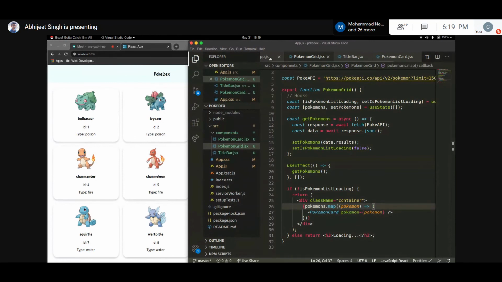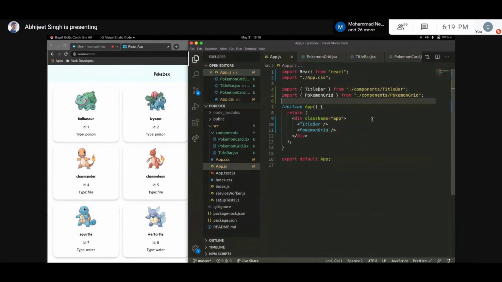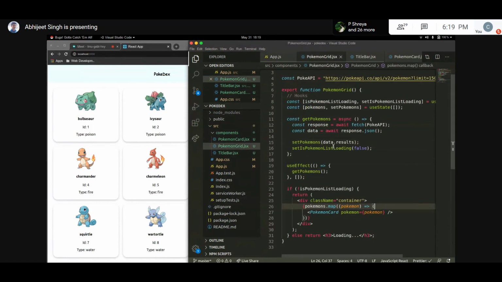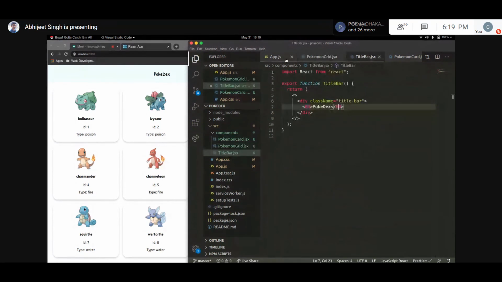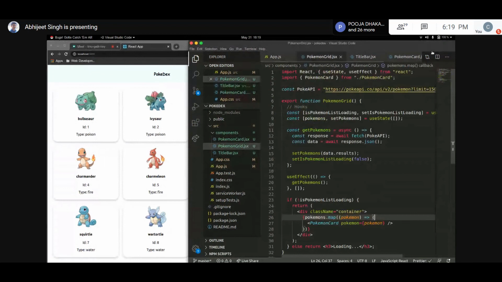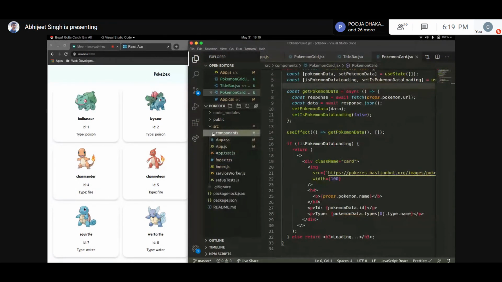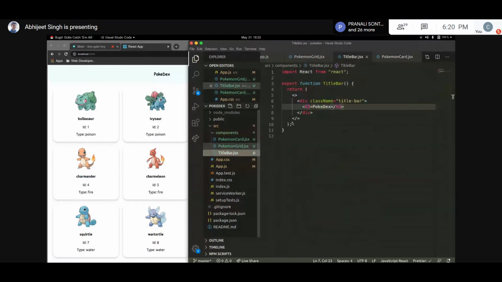And the code also looks much more manageable now. I don't need to put any comments because the component names themselves make sense. The code looks beautiful, it looks manageable, and everything works well and looks good. Everything is well organized. If I want to modify the title bar code, I just have this particular file that I need to change.